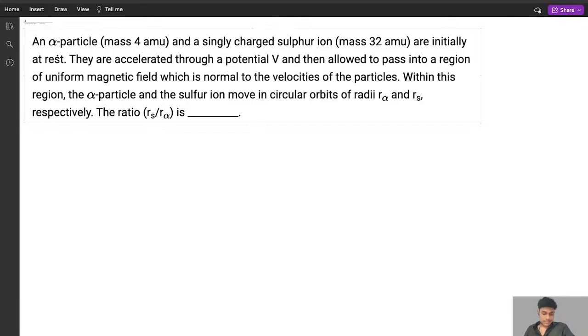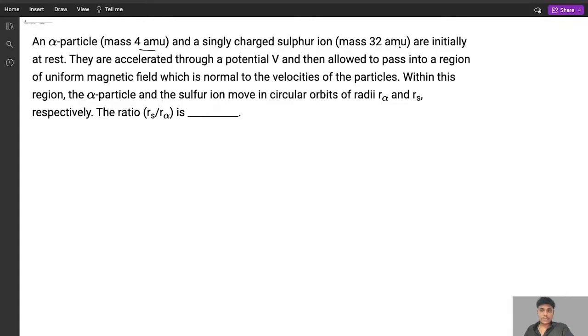Okay, so this is the next question. An alpha particle of mass 4 mu, that is mass of alpha particle is 4 mu, singly charged sulfur ion. हो गया सॉल्व? ओके, अमिटी टैग, ठीक है। अगर कोई डाउट हो तो मैं देख रहा हूँ, प्लीज कमेंट, नो डाउट, ओके। Now move to the next question. An alpha particle of mass 4 mu and singly charged sulfur ion